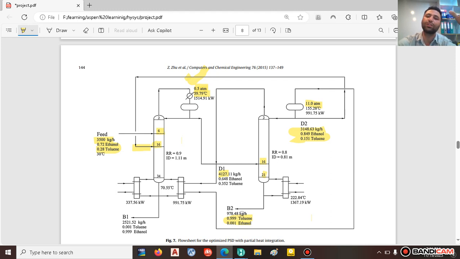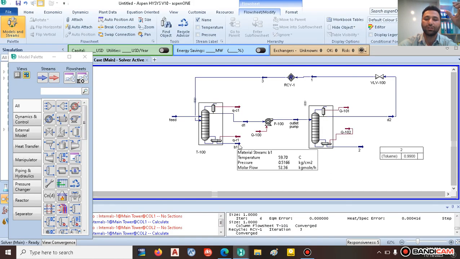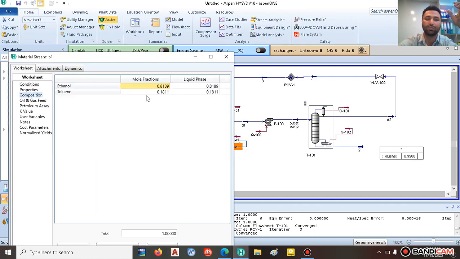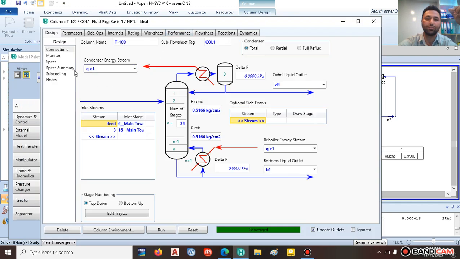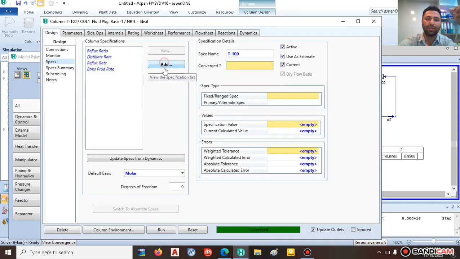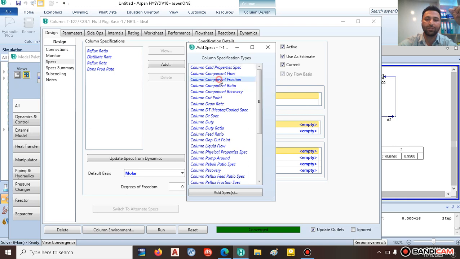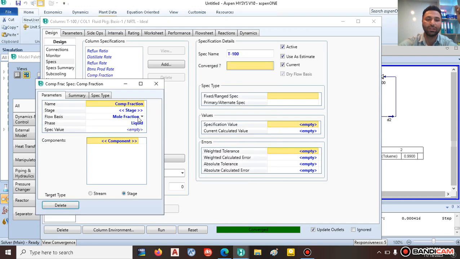99% of mole fraction for the toluene component, and we need to just modify this ethanol, which is the bottom of our first column, and reach this composition to 99%. So go to the simulation again, and let me check out the composition, which is 0.81. So go to the distillation column. We are going to add the same spec that we inserted to the second column, component fraction, at this spec as well,